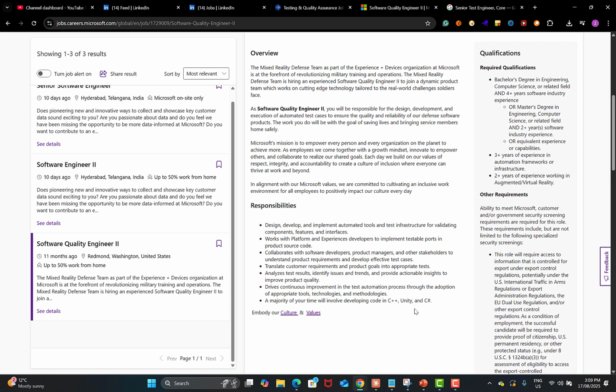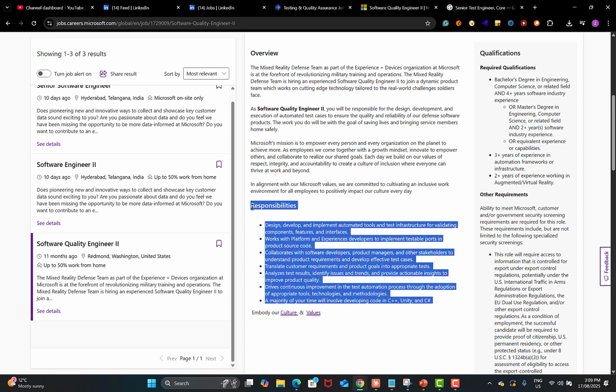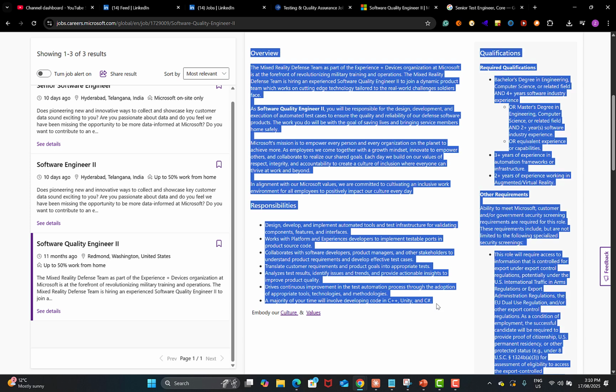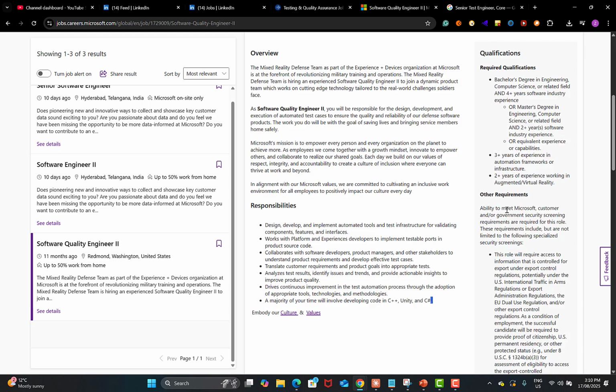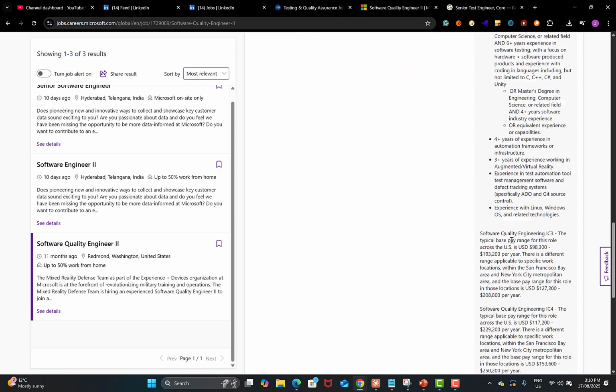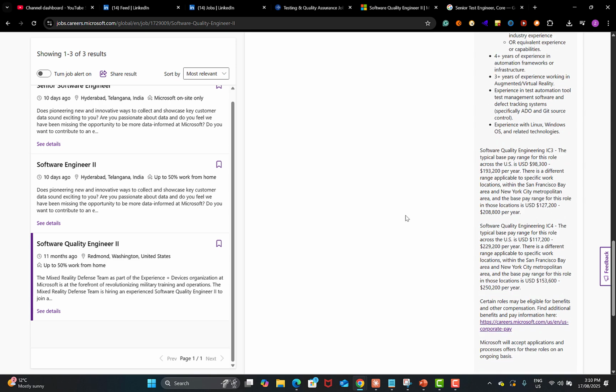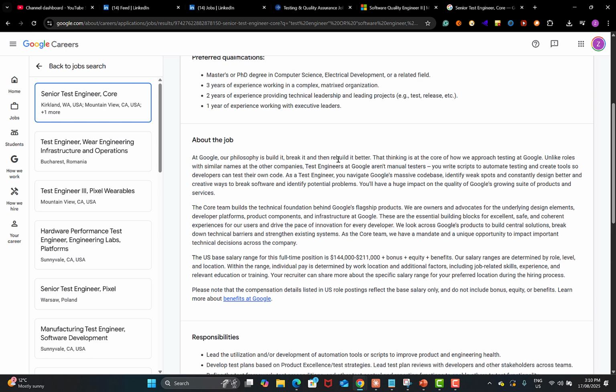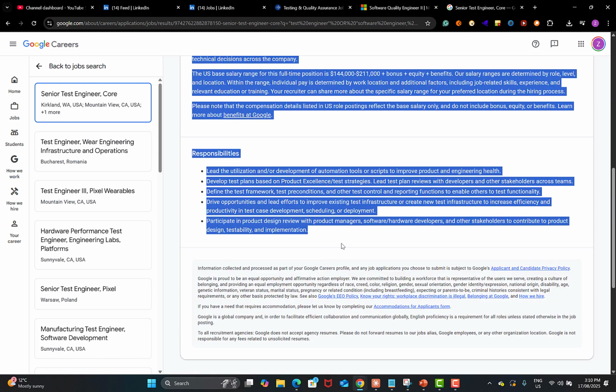Okay, and here let's copy this responsibilities part, and maybe you can copy this whole one so that it gets a complete context. And these are the other requirements. So you just need to copy paste, and the preferred qualification. Based on that, it will generate. So let me see, this is the job at Google. So about the job, lead responsibilities. You can copy these, paste it over there, and you can have the detailed questions as per this